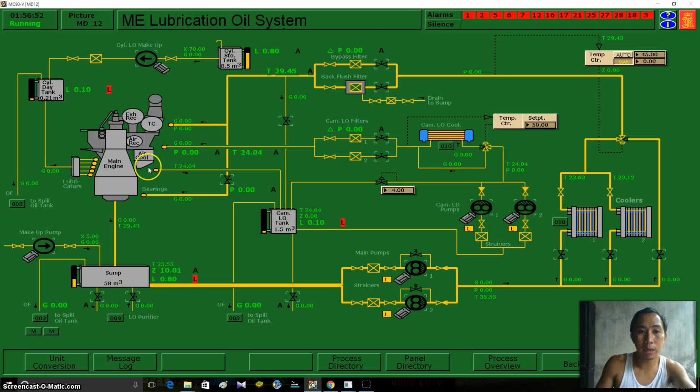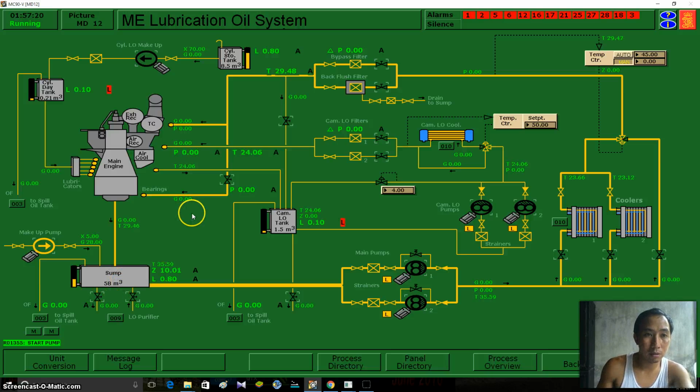So this is our lubricating oil system. Prior to starting our main engine, we need to check our lubricating oil system. We need this to be ready. So we're going to check each alarm that we have here. So first is we have our low level for our sump tank. We just need to fill it with our makeup pump. So while filling this one,